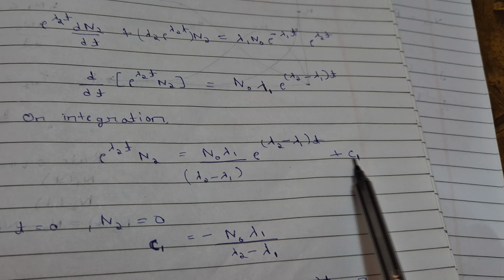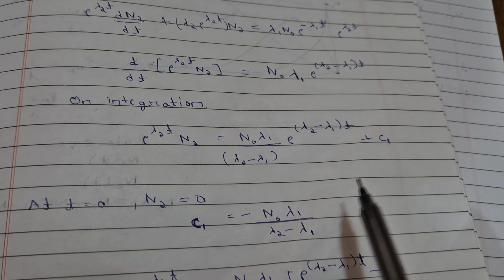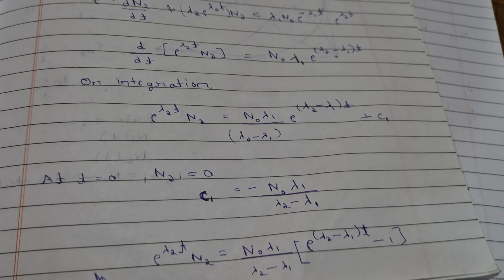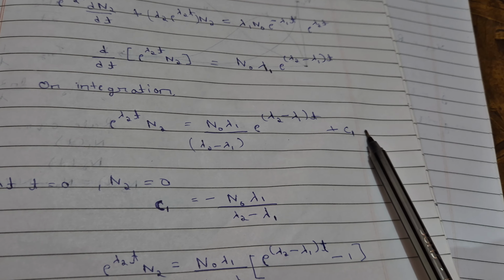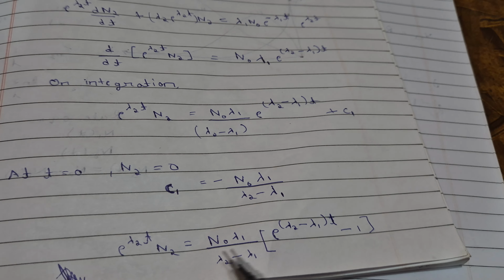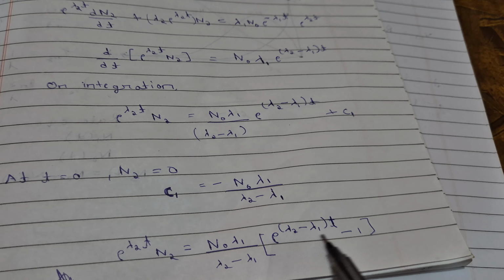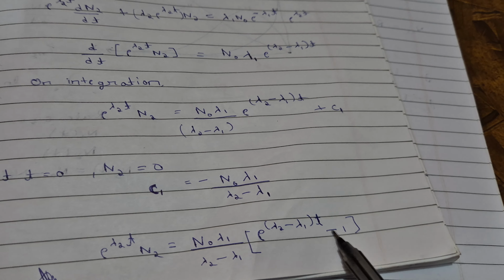This whole term will be 1, so C1 will be minus n naught lambda 1 divided by lambda 2 minus lambda 1. So this is C1. Substitute this value here and you will get this equation. Now to find n2, just divide this whole equation by exponential lambda 2 t and you will get your answer